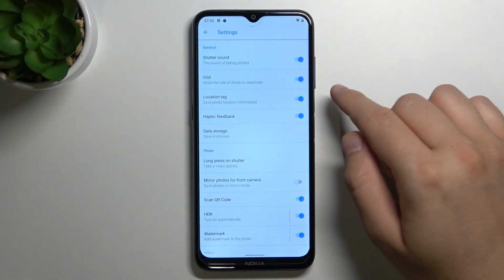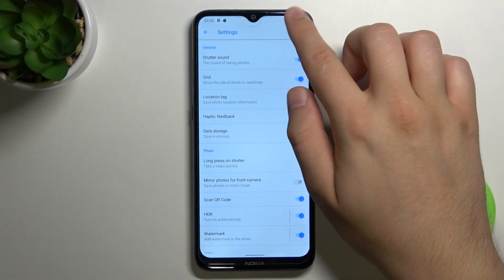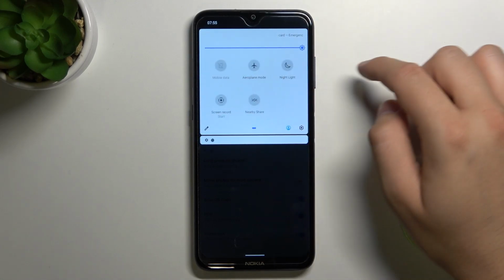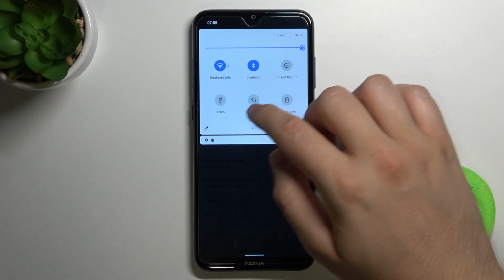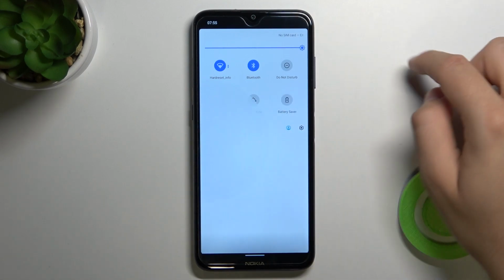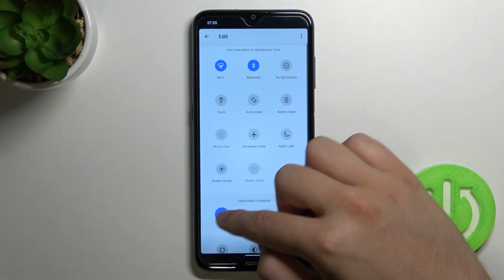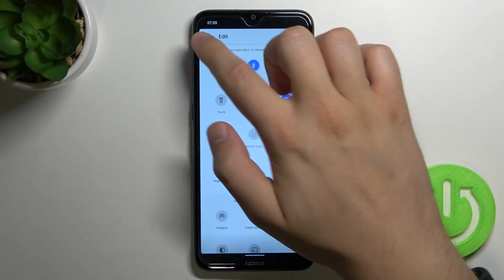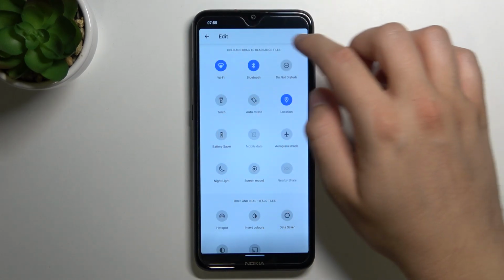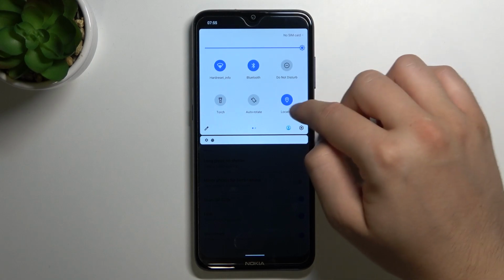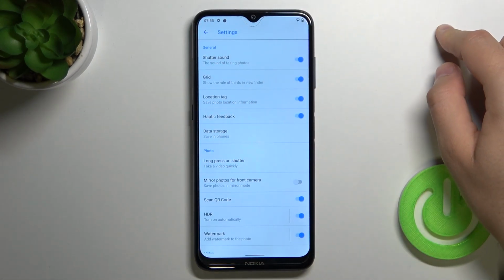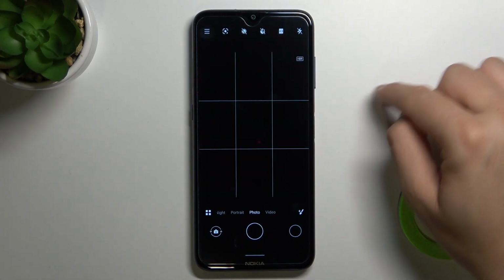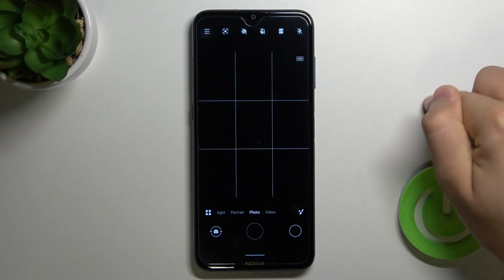Right now you have to be sure that location is turned on and also that location is activated on your phone. When you cannot find the location icon in this quick panel, you have to click right here and then drag it through the screen to get it, then go back and location will appear right here, and as you can see, location is turned on. So right now, when you've got the two options enabled, we can finally go back and take a photo, then go for the details of that photo,